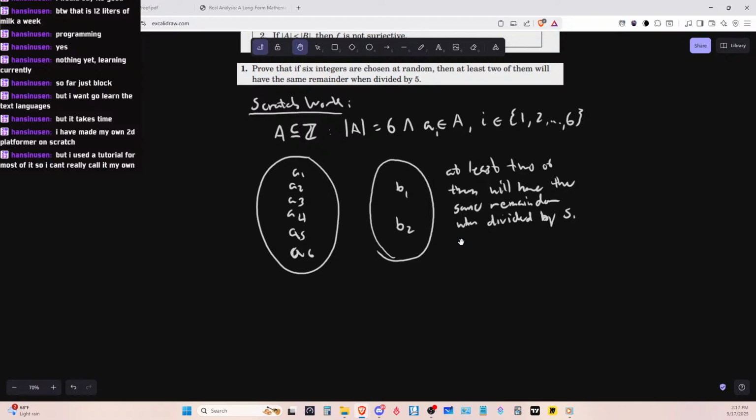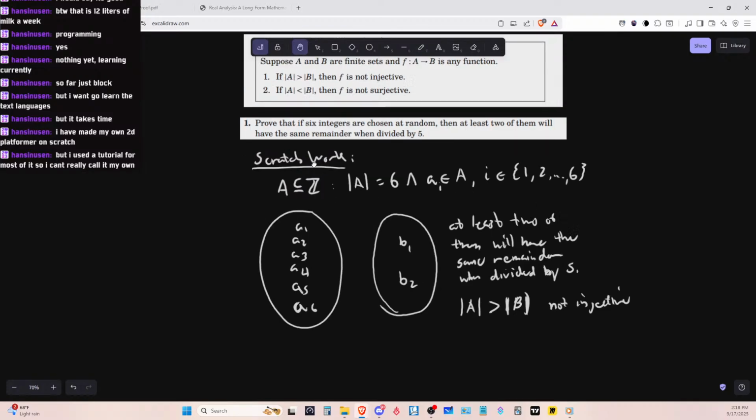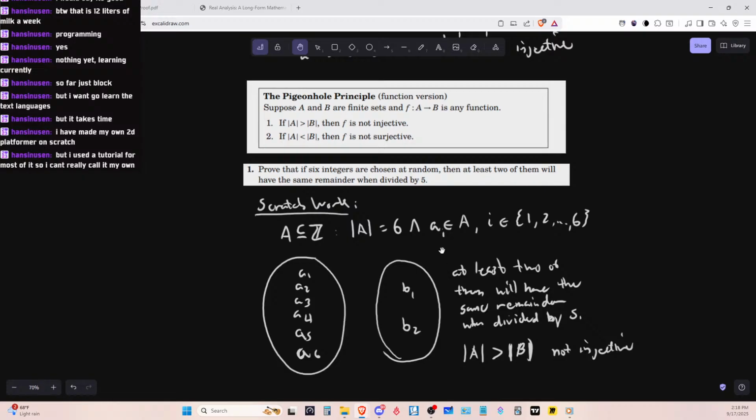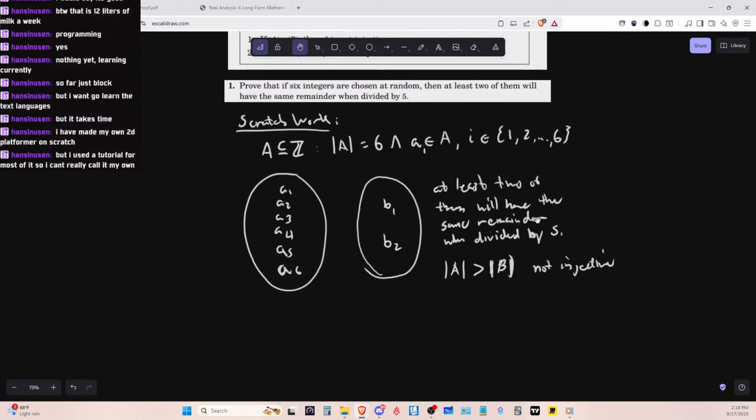So far, the way we set this up, A's cardinality is greater than B's cardinality, meaning that this is not injective, right? Yeah, it's not injective. But we also need the function, so